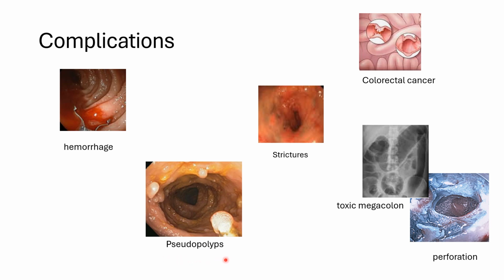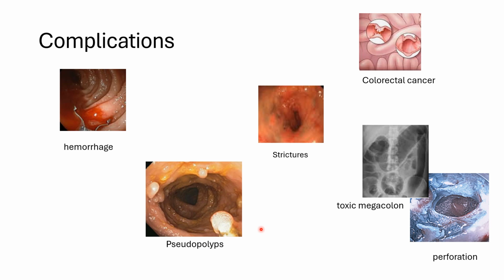So in this condition, as you see here in the image, there are polyps that grow in the colon of the patient, but they are not cancerous. But they always have some polyps growing in there. And we need to watch them because these patients are at high risk for colon cancer.